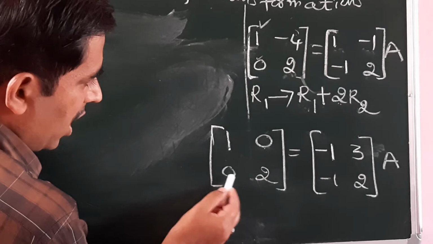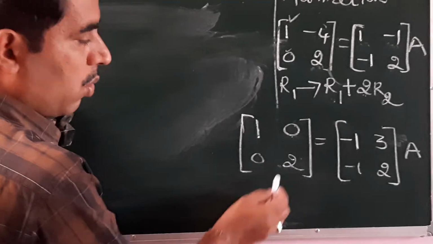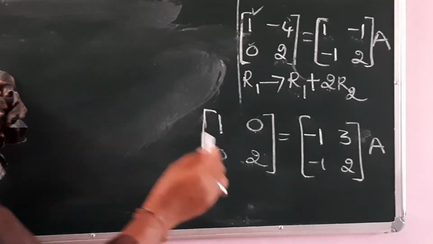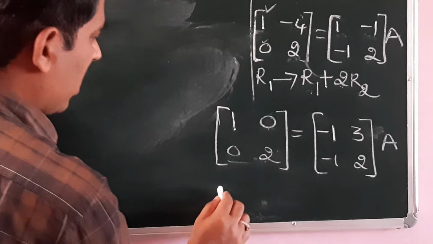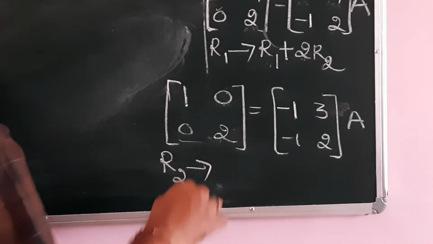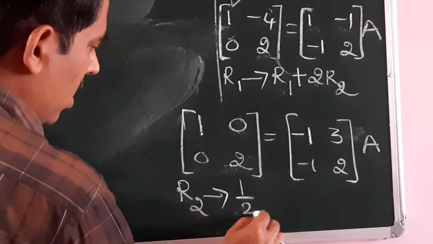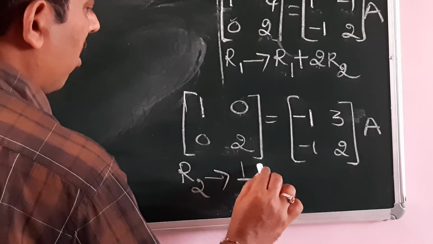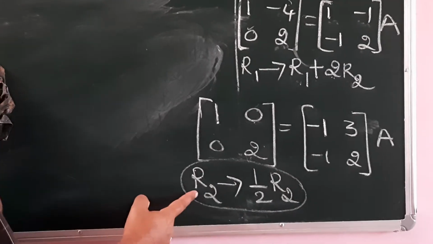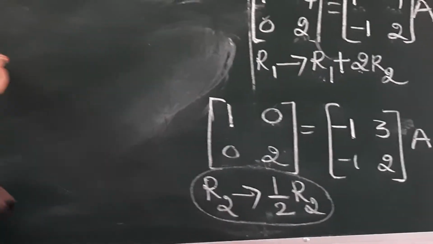Okay. So see here, what is left here? See 1 0 0. I must get 1. So how to make this 1? So instead of 2, I will be reducing this element to 1. So to make it 1, we have to operate on the second row. So to make it 1, I have to multiply the elements of the second row by half. See half R2. This is a very important transformation. See here R2 changes to half into R2.